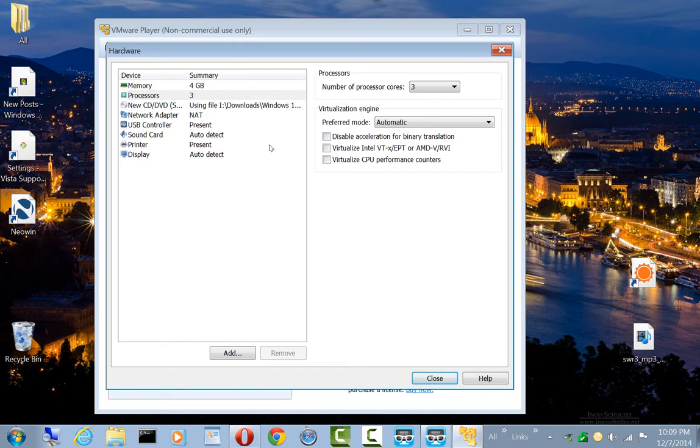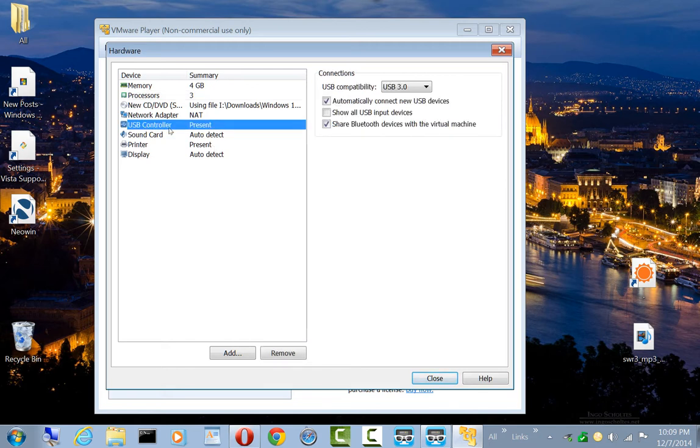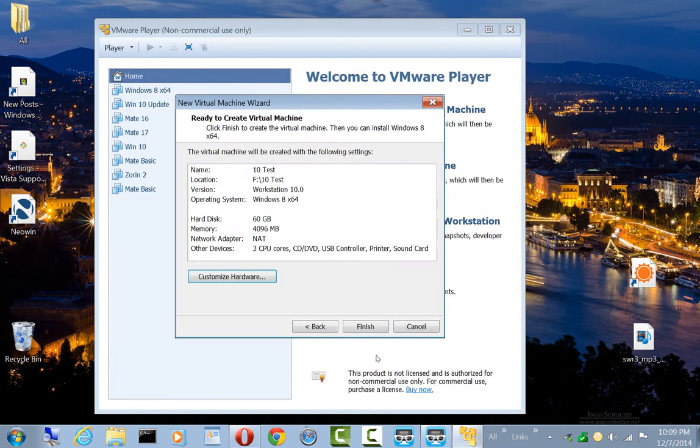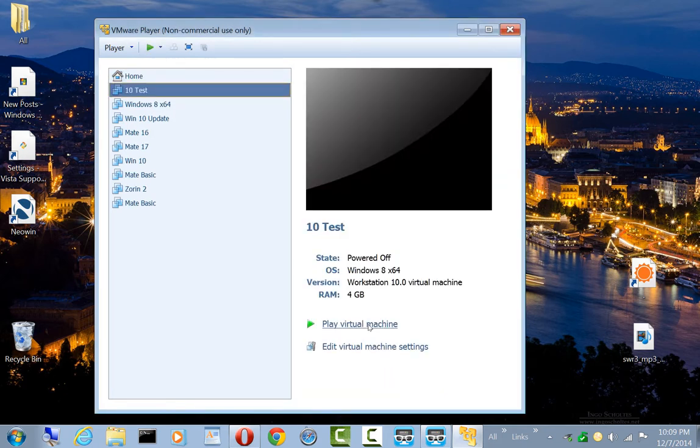Okay, that's about all you have to do here, except I recommend you go to the USB controller. It's set to USB 3. I found this is a little iffy. You better set it to USB 2. That works better, I think. And check this box here, show all USB input devices. Okay, well, that's all that we have to do here, and we close it, and we finish here,